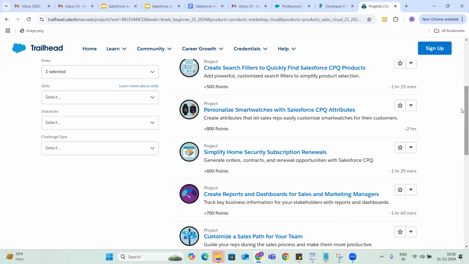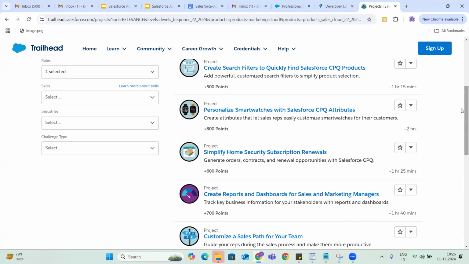When you open these projects, you can't understand anything right now. But this is the Trailhead URL I am telling you. Once you are done with our complete admin course, then you can open these projects, guys. Then you can understand what project requirements look like after you join your company. You don't need to practice everything.